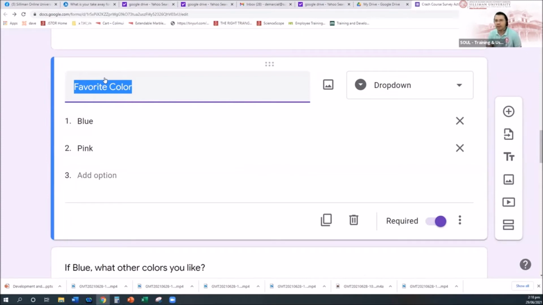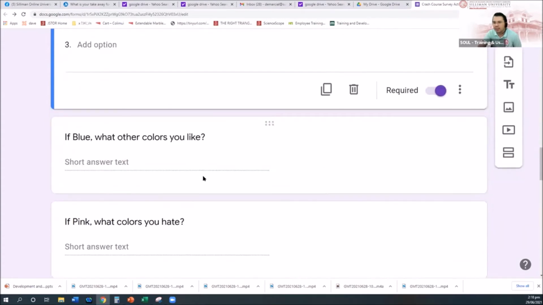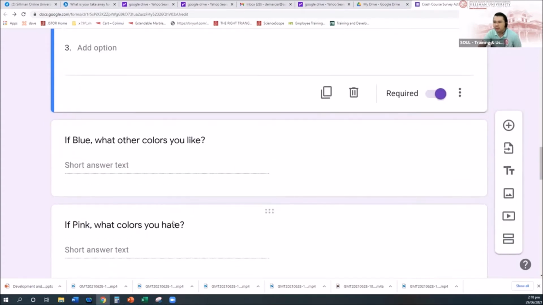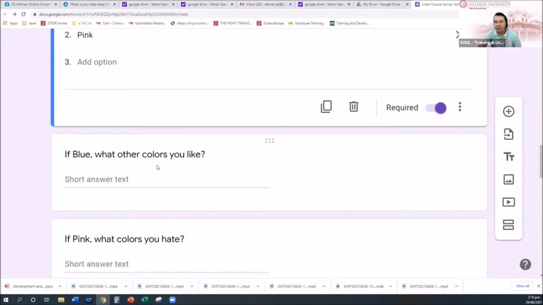If I will choose blue, the question should be what other colors you like. If I will choose pink, the question is what colors you hate. What you're going to do with this is you have to separate your choices, no? You have to separate your choices into sections